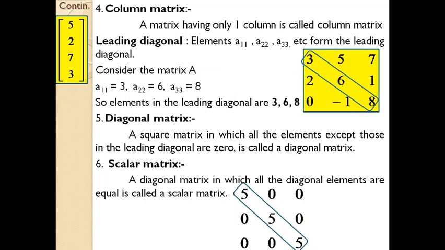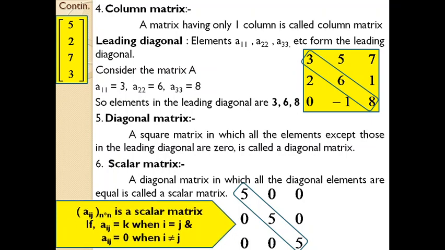You need to remember all these types of matrices because during computation you may be asked what is meant by a scalar matrix, what is meant by a diagonal matrix. Sometimes in a question they may ask you to prepare an example for a scalar matrix. So you need to be aware of the concept and meaning of a scalar matrix and various examples of it. It may be a scalar matrix or a diagonal matrix, depending. The diagonal matrix in which all diagonal elements are equal is called a scalar matrix. The same can be represented through variables. This is a variable representation of a scalar matrix.